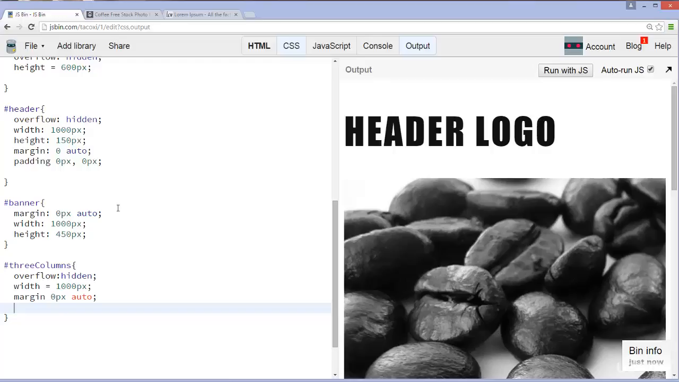And the next thing we're going to do is go to padding. It's going to be 30 pixels by 0 pixels. And after that, we'll just leave it like that. Now we have to do a couple of other items here. First of all, we'll do the three columns,